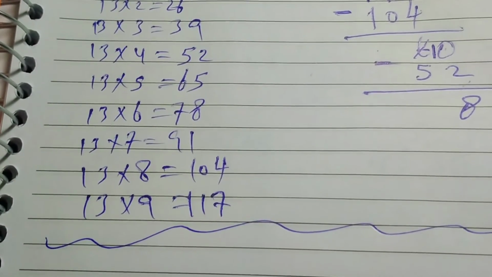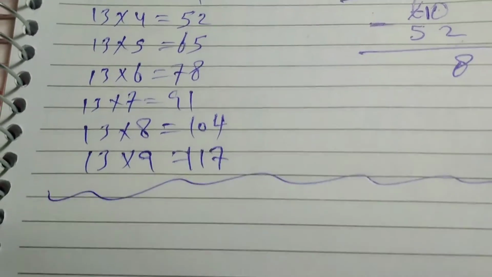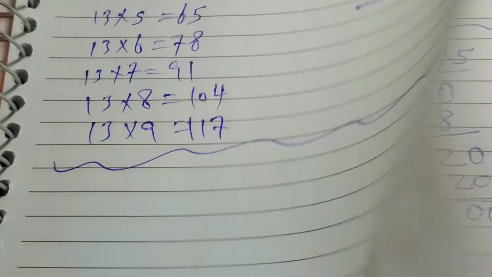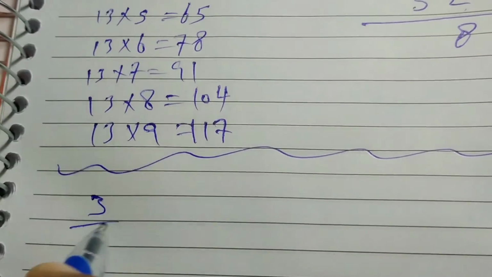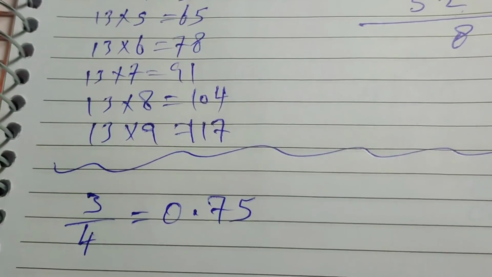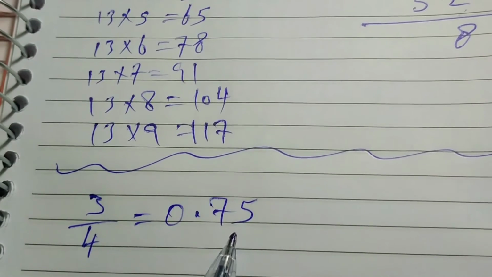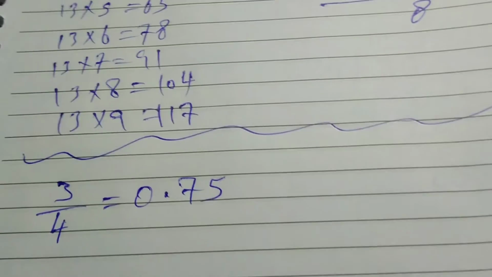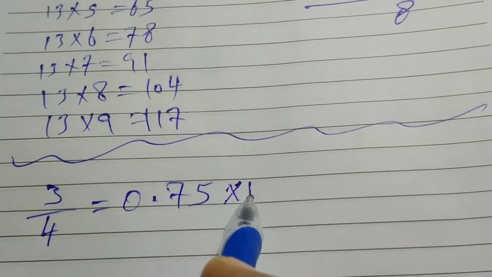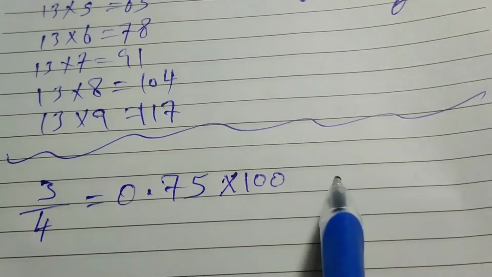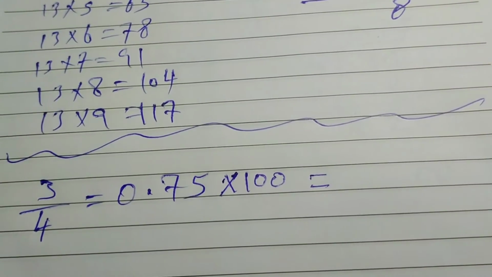My dear, look, we have a number. Here we did this question 3 over 4. 3 over 4 we converted, it is 0.75. We converted already into decimal. If you know the decimal, then multiply the decimal by 100 directly without seeing anything. Multiply the decimal with 100, the answer will be your percentage.